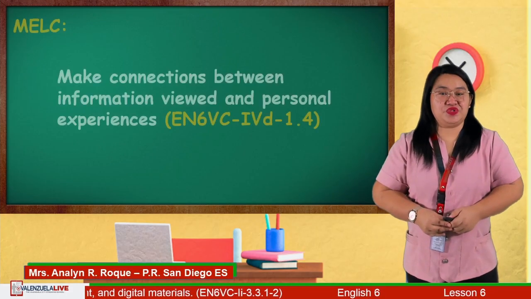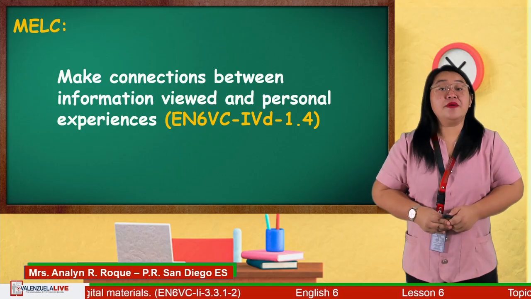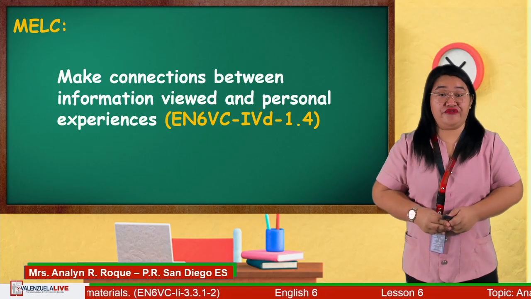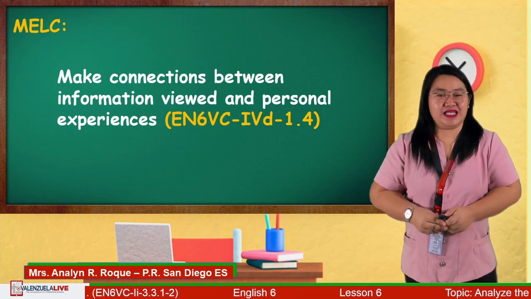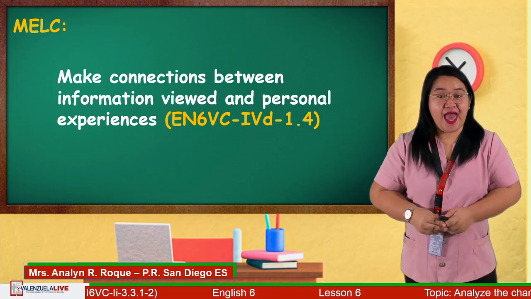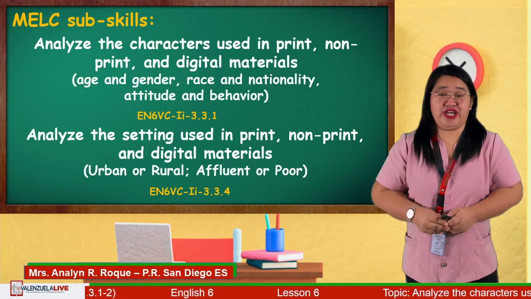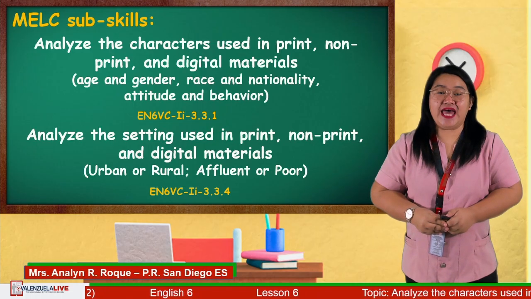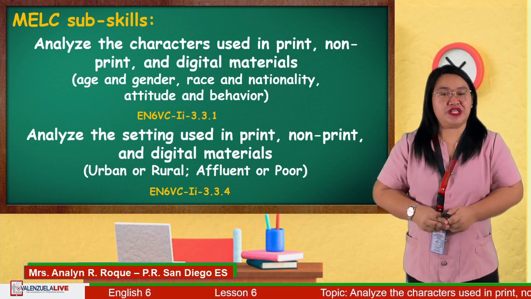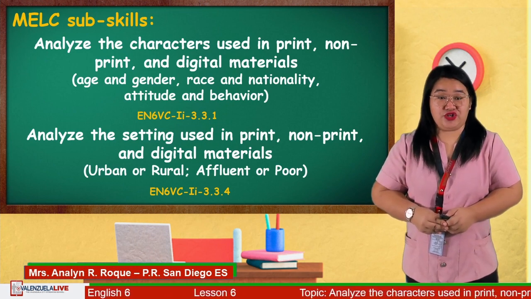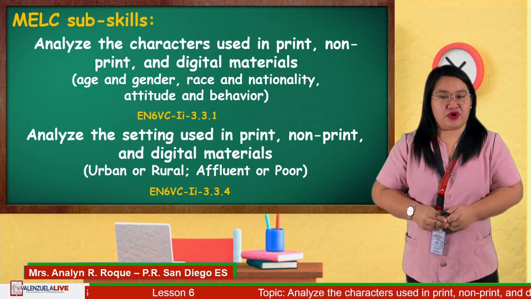In this episode, we are going to talk about the most essential learning competency: make connections between information viewed and personal experiences, with the code EN6VC-4D-1.4, with the sub-skills anchored in the K-12 curriculum. Analyze the characters used in print, non-print, and digital materials based on age, gender, race, nationality, attitude, and behavior, with the code